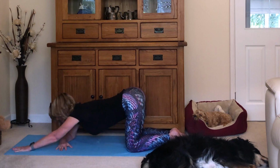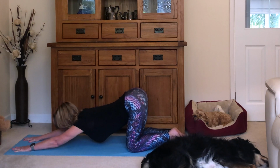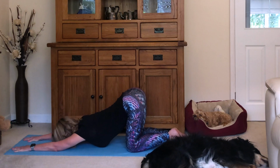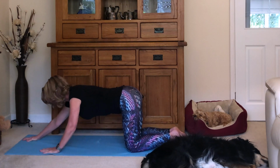And then lift your head, bring that left hand parallel to the right, and again pull back. Maybe you can bring your head on the floor. Perhaps you can bring your chin on the floor if you're quite flexible. Just take it to where it feels right for you. Enjoy it. Breathe into it. And ease yourself up, back